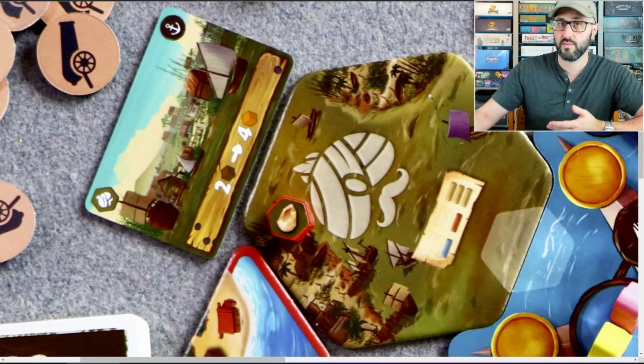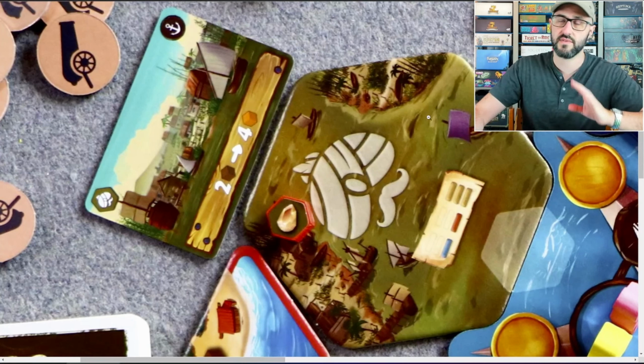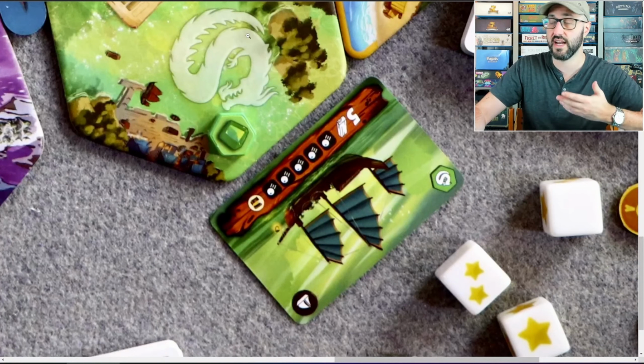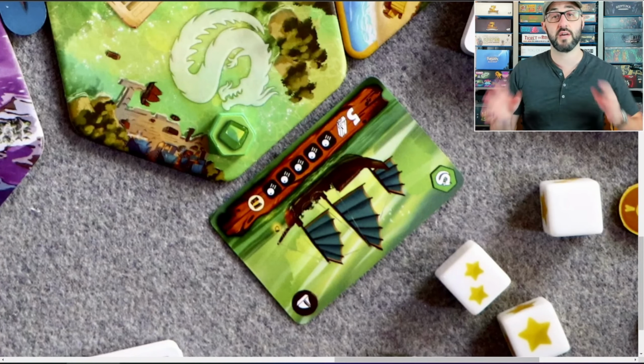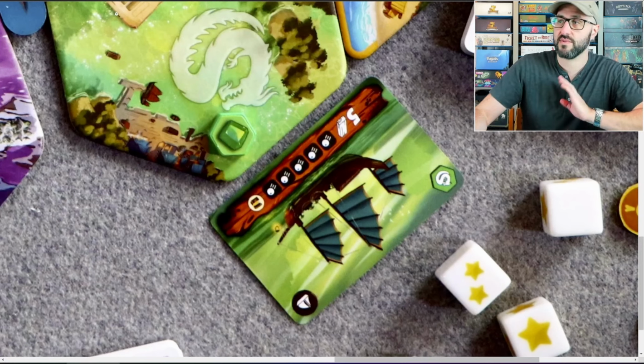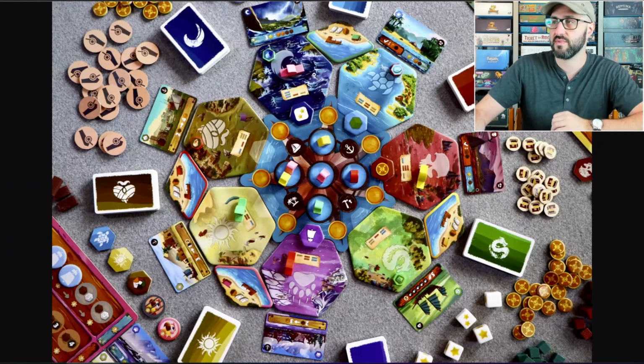You can also spend your movement points in order to redraw a card if you don't like the one that you got. But if you happen to draw an encounter card, or if you end up moving to a tile that has an encounter card, then you have to stop immediately and you have to resolve that encounter. And I'll come back to how the encounters work, but first let's explain the other 3 actions,